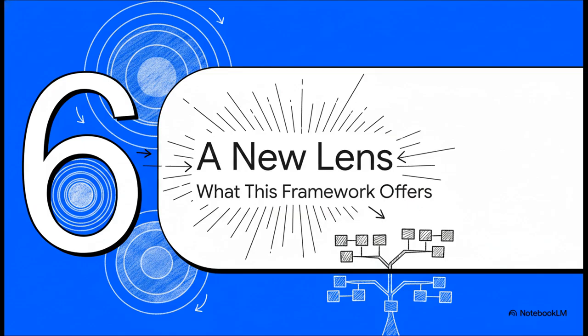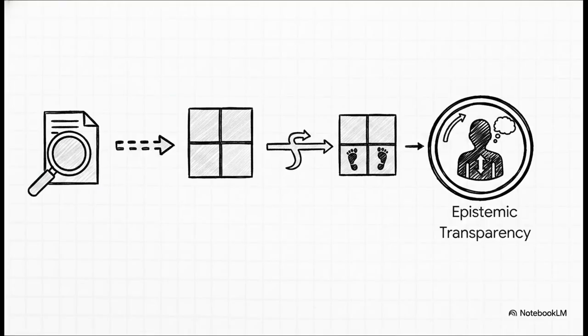What's the big takeaway here? What does this new framework really offer us? Okay, here's the summary. The PPM is your diagnostic test, the Four Quadrant Matrix is the map, and quadrant morphosis is what tracks the journey over time.